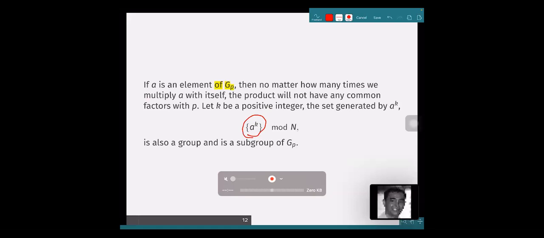You generate the set of all numbers modulo n. It turns out that this set is also a subgroup of G_p. Subgroup siya, ibig sabihin, it is also a group. It has the identity element, there's the inverse, and also